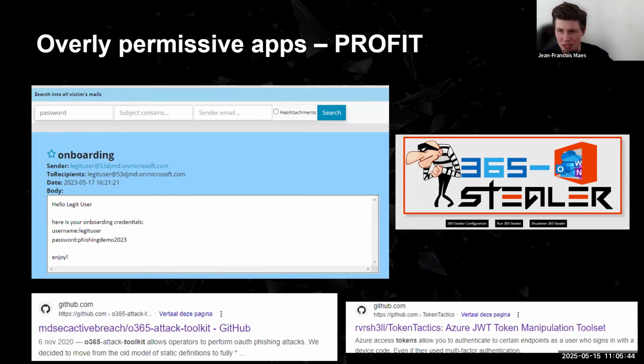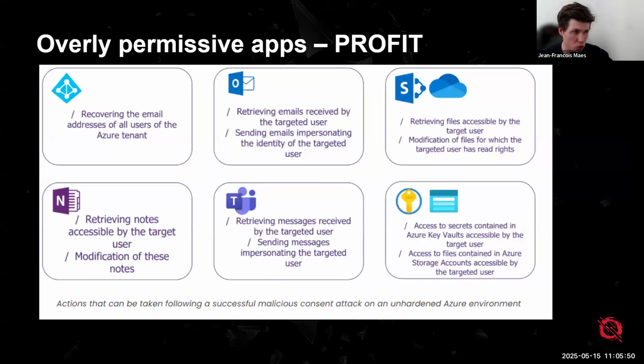So what exactly are the downsides, right? What is the worst case scenario of someone that has a malicious Office app? What is the worst thing that they can do? Well, they can start checking all the users in your tenants. They can start retrieving all the emails and sending emails by impersonating the user. They could start taking a look at all the files that are accessible by the user. So think files in SharePoint, but also in their own personal OneDrive as well.